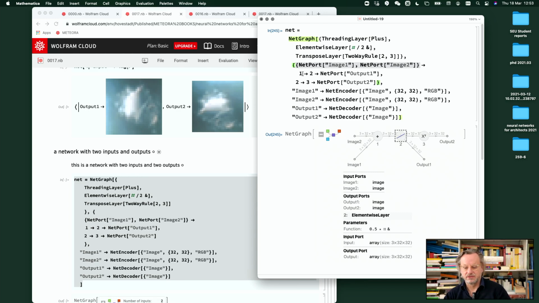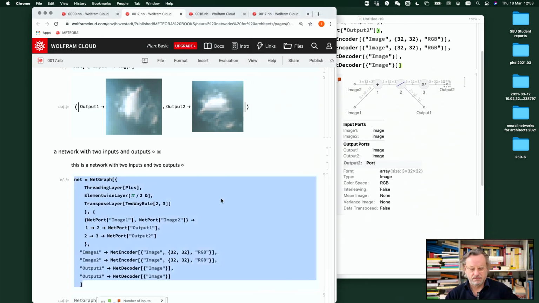They go to 1. See it here, that goes to 2, and that goes to output 1. That's the first sequence. The second sequence is you anchor it here, you go to 3, which is the rotation, and that goes to output 2, which again has this decoder. So having that,